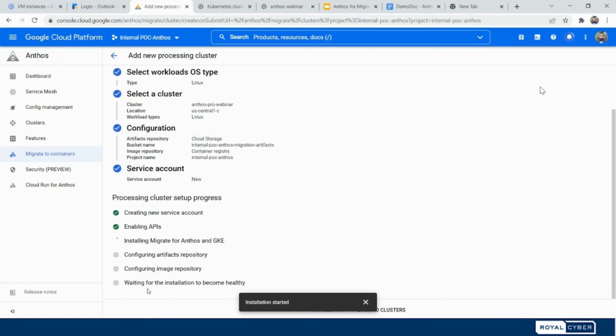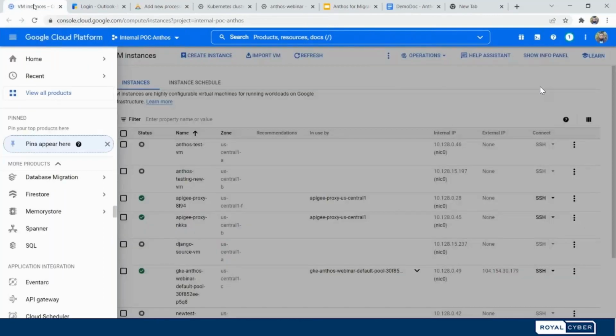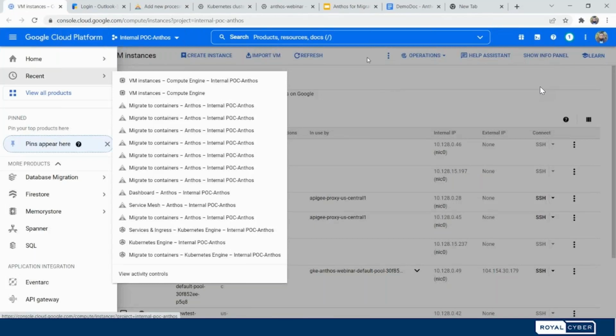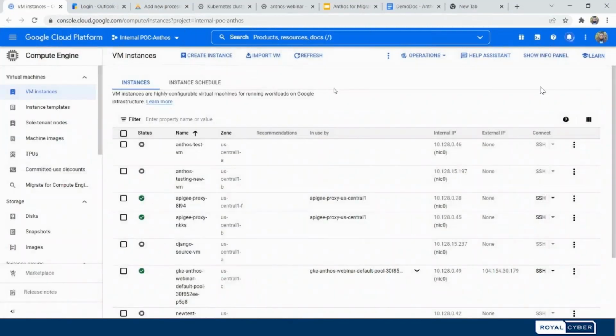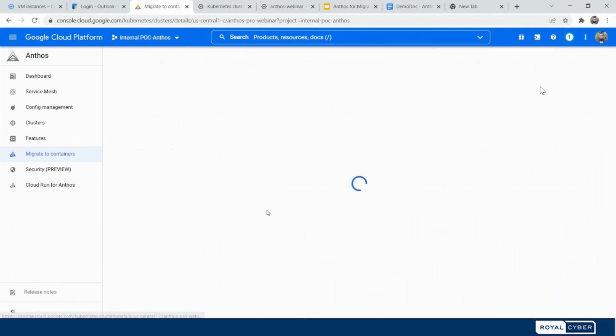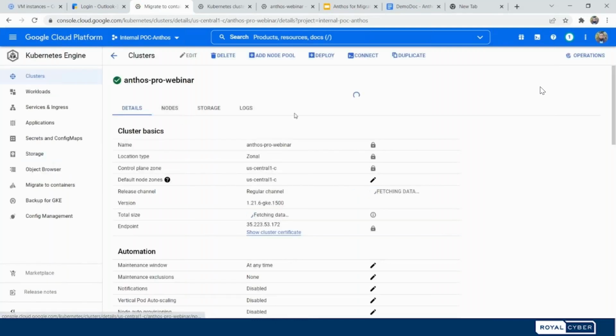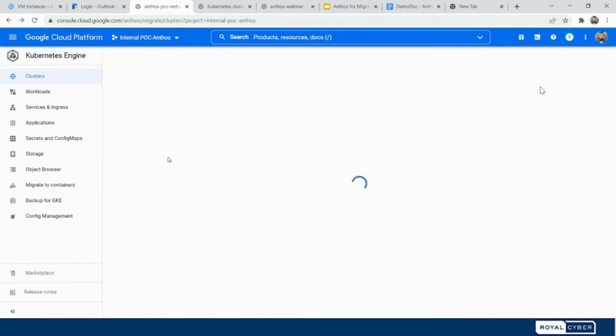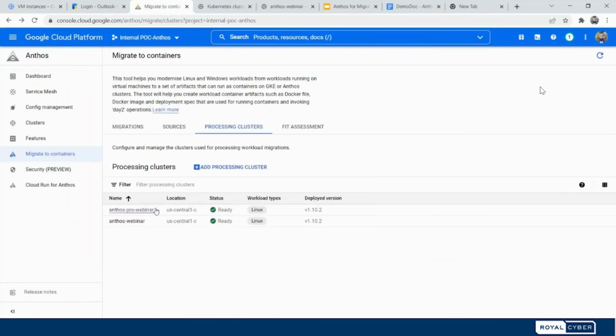And then it's going to wait for the installation to become healthy. So it's just going to take a few minutes, and then once it's done, we're going to be back over here and look into this. Okay, it's created. So Anthos for Migrate webinar is already created. We're going to go back and check that our processing cluster is there and ready. So now the next step is